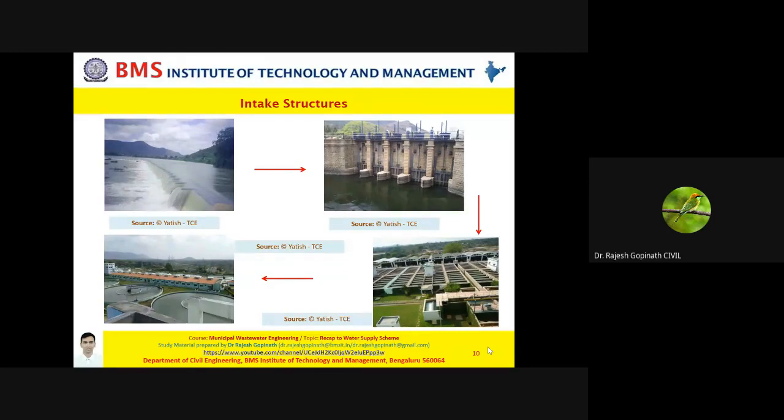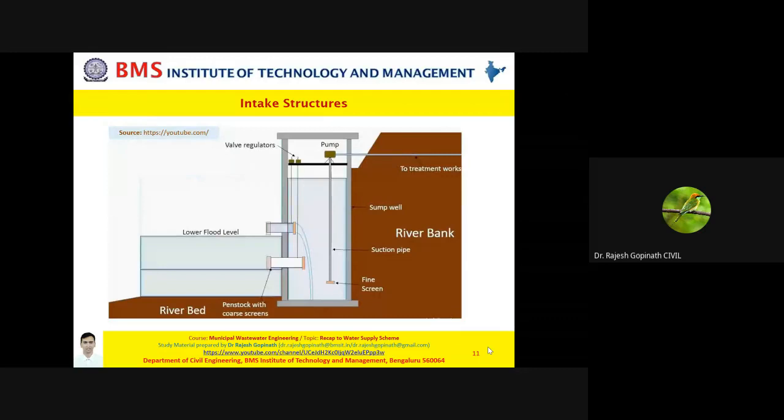Now, what's the intake structure? Intake structure is that installation or that structure which helps you to transport the water in a safe and clean mechanism. Now, intake structures can be of different types, which I will discuss further. But what we need to understand is primarily, what does the intake structure do? It relocates water or transports water, and while it does that, it ensures that there is no floating matter. Because you know that, whether it's a lake or a river, your water would contain some floating matter. It could be bark, it could be wood, it could be leaves, and any other suspended matter.